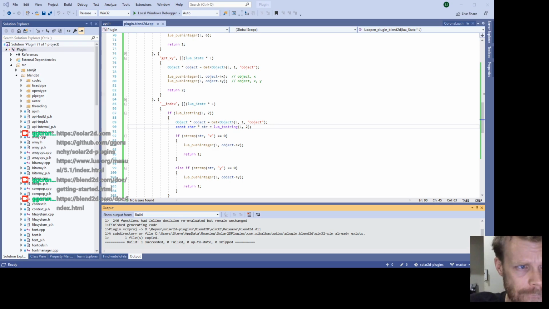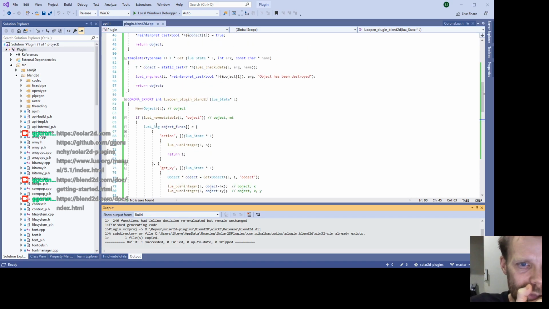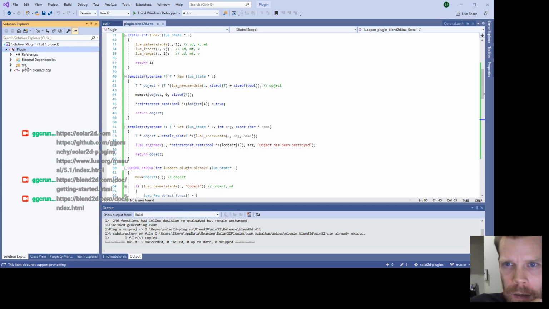So I'll do this step up now. That was hang out. And where are we at? We want blend 2D here. Now I think, how do I want to organize this? I think I'll add a new